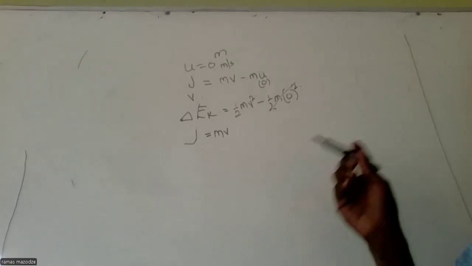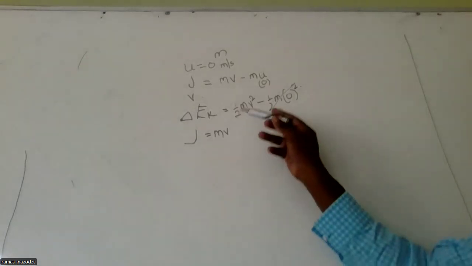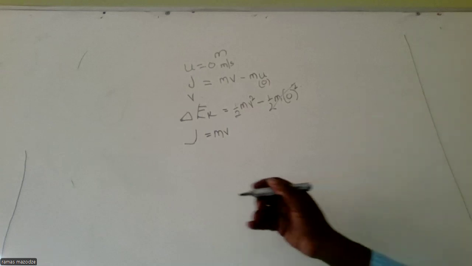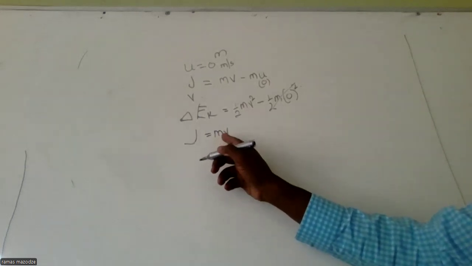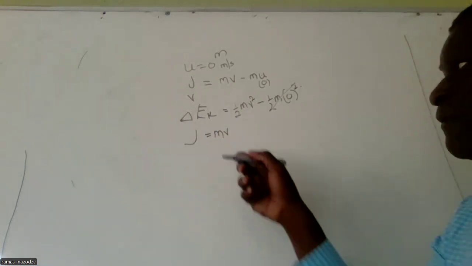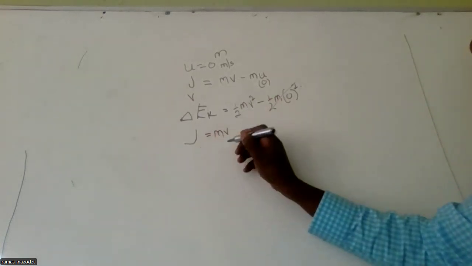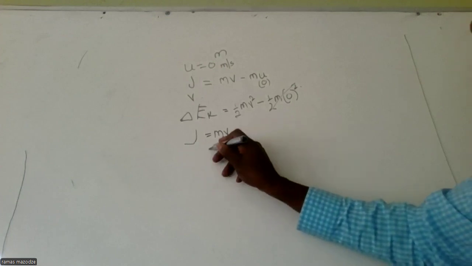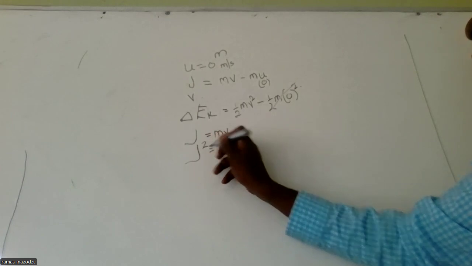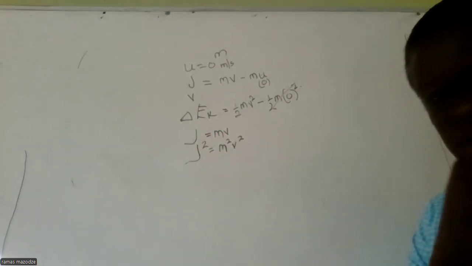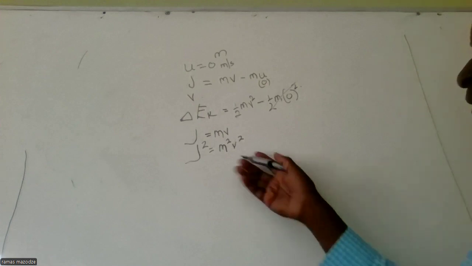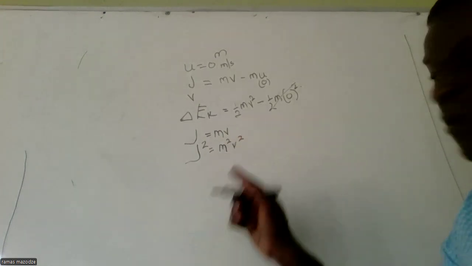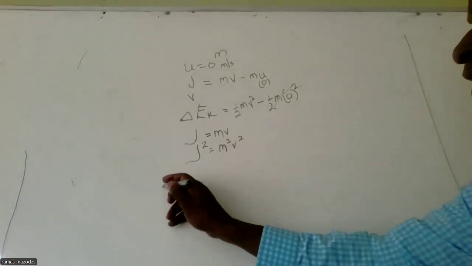But they want you to express this in terms of J, and we've got a v squared there. So you have to make your expression for J have a v squared in it. If I square J, it will be m squared v squared. That gives me J squared. Are you following? Good. So how can I make my final answer look like this? I will say my change in kinetic energy